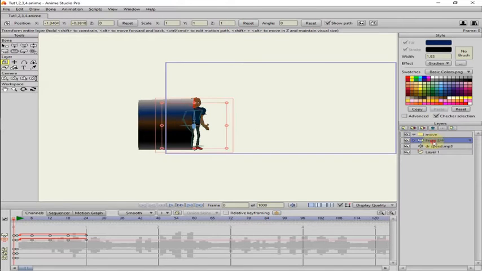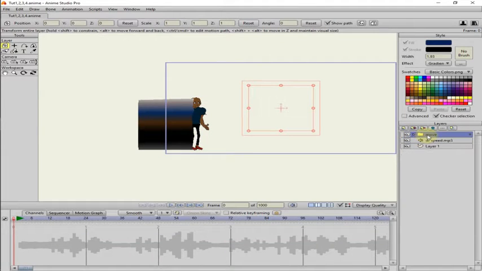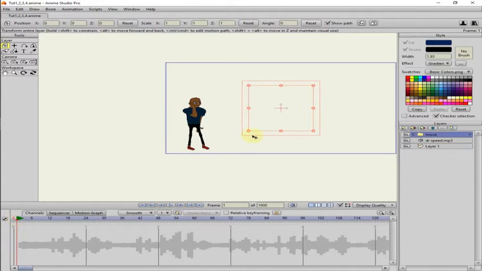Then drag the bone layer into this folder that you've created, close it, and click M. You can play the frame 1,